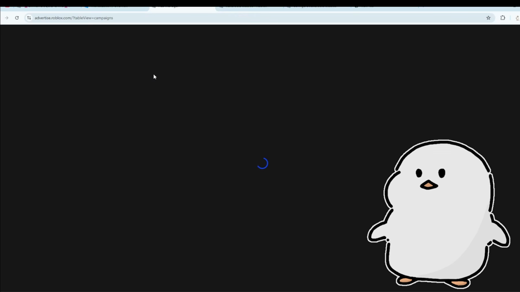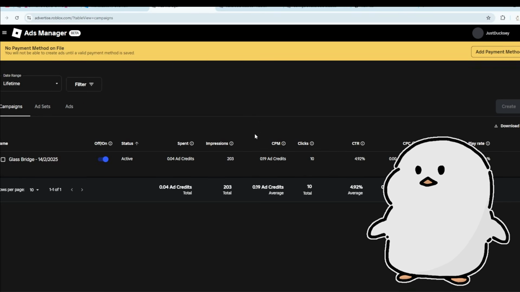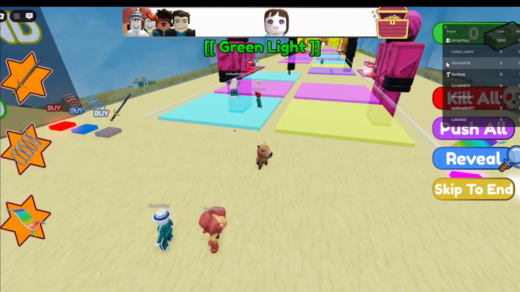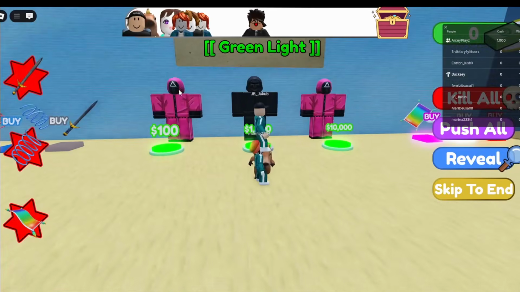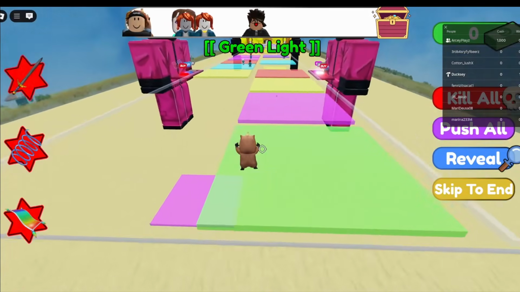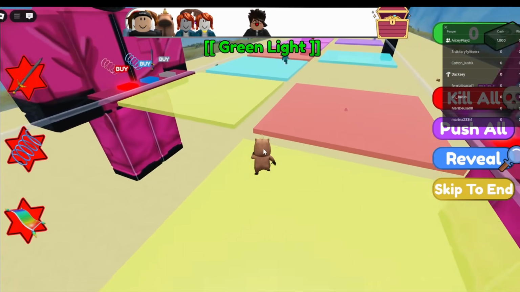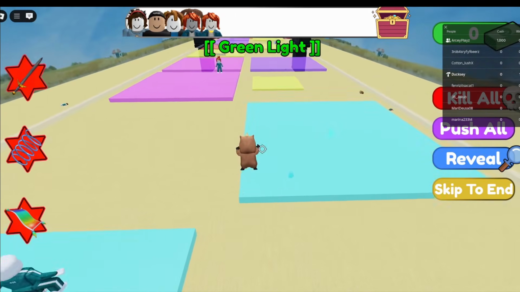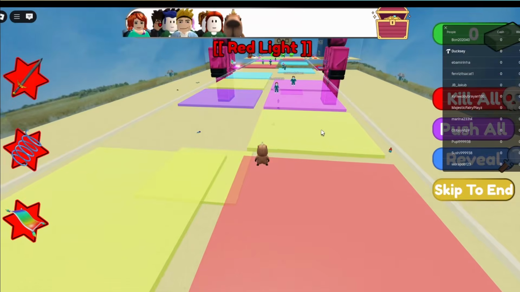And as for the ads manager, it's only at 200 impressions and it barely used any ad credits. So at this point we had like 8 people, well, including me and my friend, but still a good amount. And I didn't really expect them to play the game. I thought they would just join and leave after maybe a minute or two. And while some of them did do that, there were people who were actually playing and I guess enjoying the